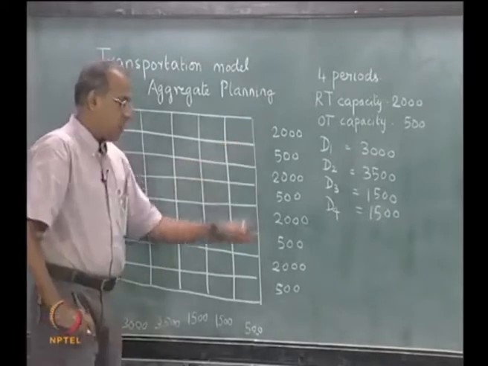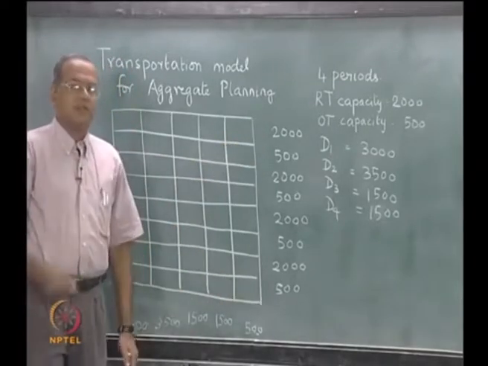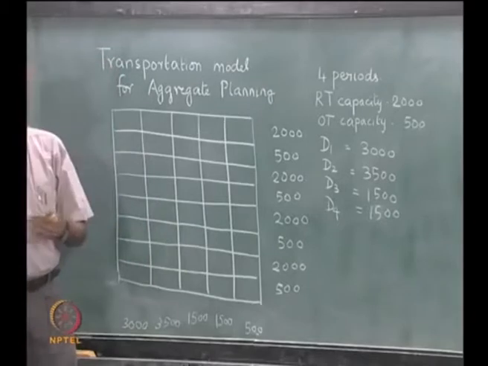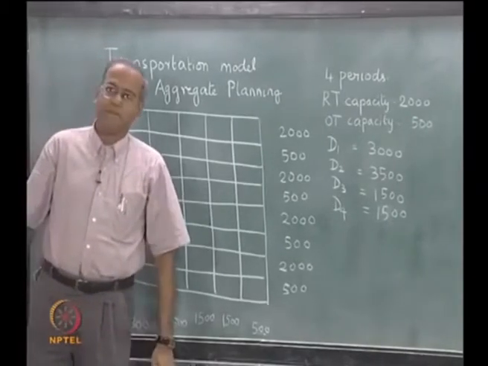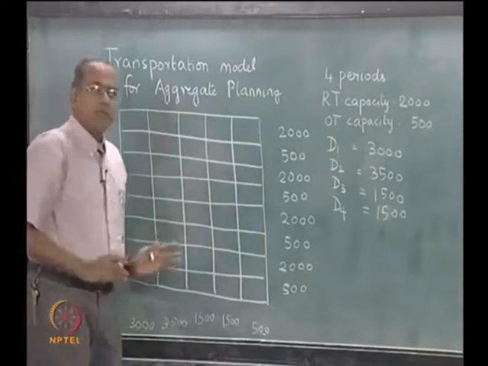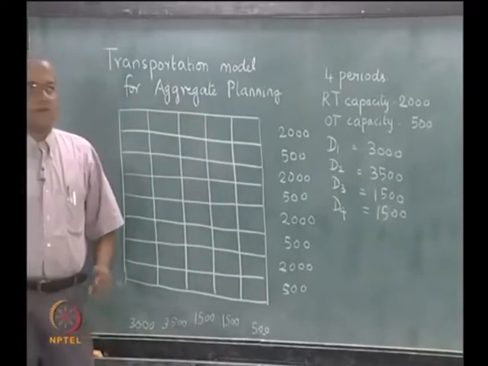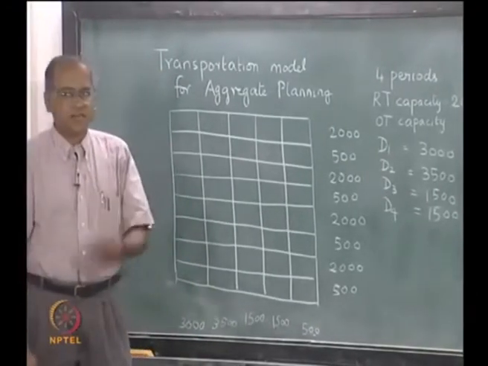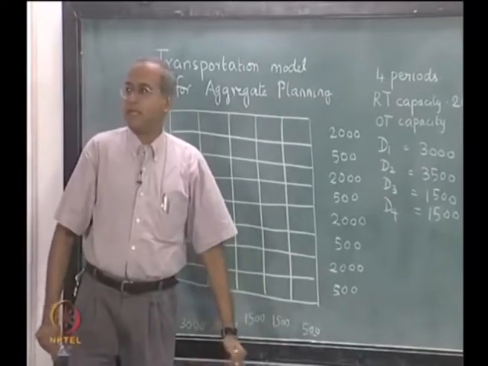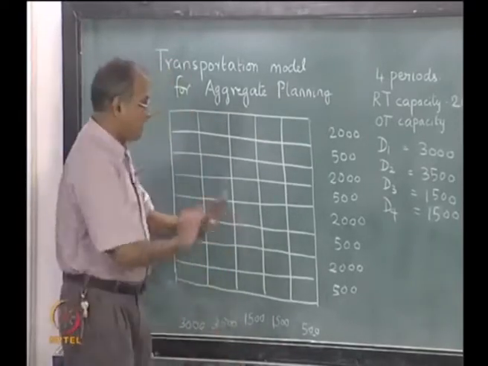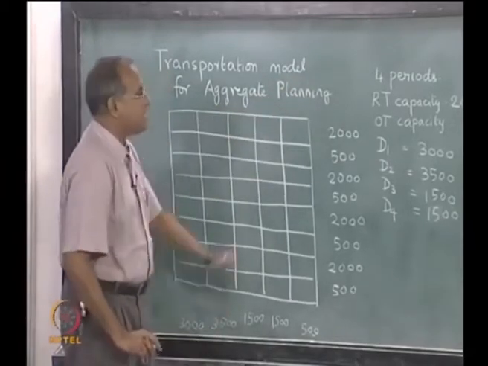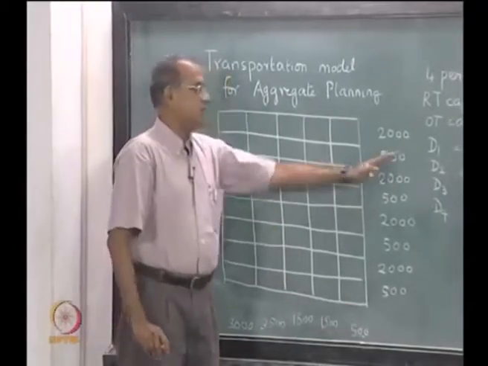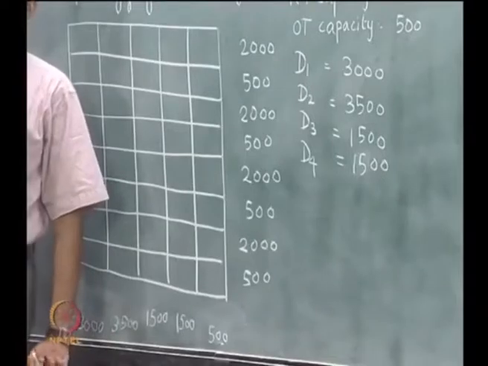Now we have assumed here that there is no initial inventory. If there were an initial inventory, then we would have one more row and the initial inventory would act as a supply. Right now we are also assuming that at the end of the 4th period we are not going to have a final inventory. If there were a final inventory, then it would appear as another column in the transportation table. So right now we are not assuming initial inventory and final inventory, otherwise we would have one more row and one more column in the transportation table. The dummy comes so that we balance the total supply and the total demand.